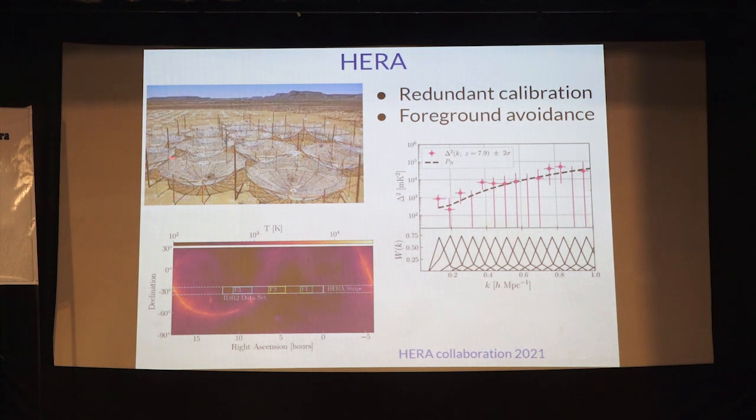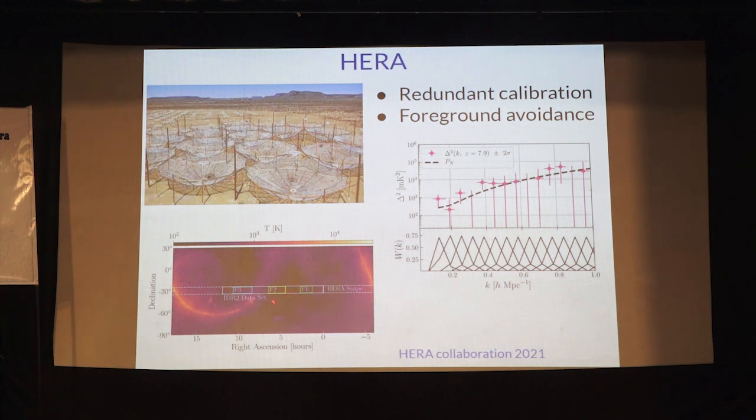So in this approach they have many antenna pairs with the same separation. So 1, 2, 3, 4. The same separation but different antenna pairs. Each pair will measure the same sky signal, but the instrumental properties are different. So based on this redundant calibration, which is one of the calibration techniques where you don't need any model for the sky, you can calibrate the signal using this measurement. This redundant calibration approach is taken in the HERA observations, and